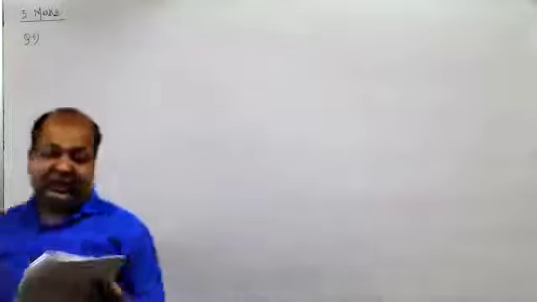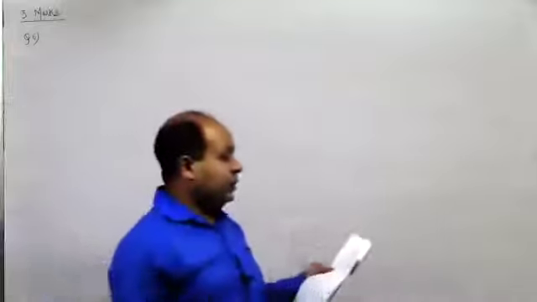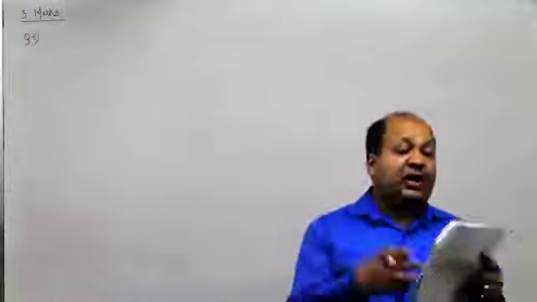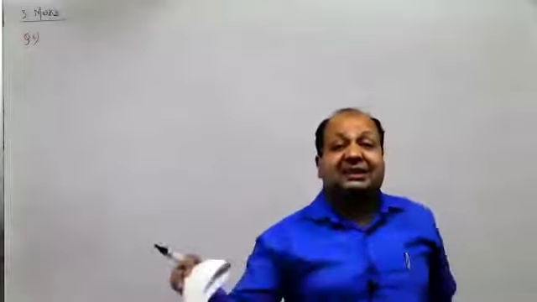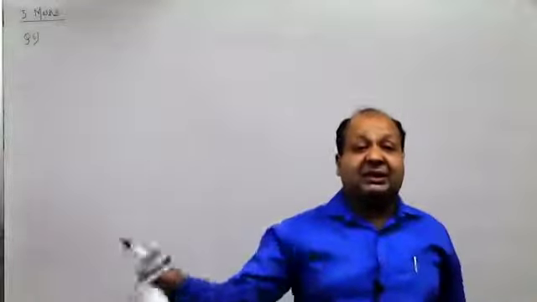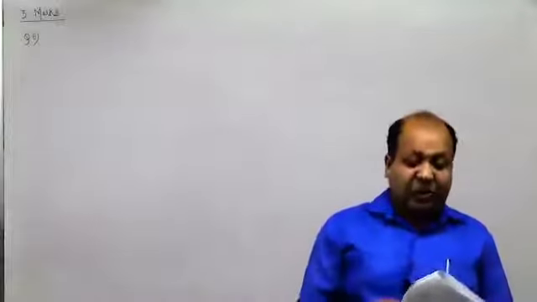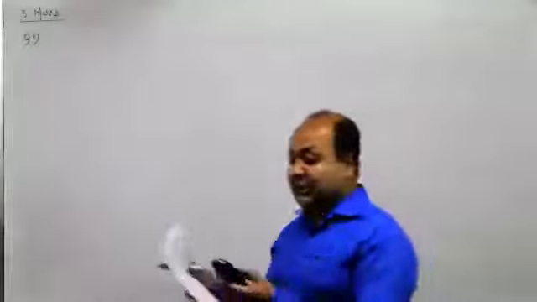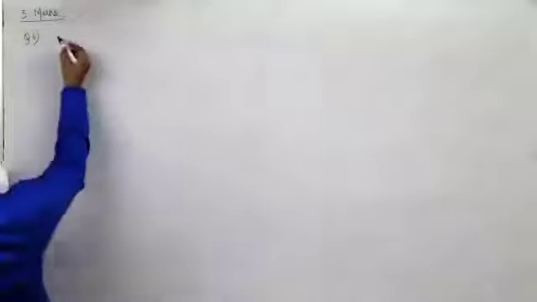A person invested 5,000 every year in a finance company that offered him interest at 10% per annum. He is investing 5,000 every year. That means it is his installment amount. Every year he is paying in the same amount. So that means it is the annuity amount. So what is the annuity amount? C, it is 5,000.